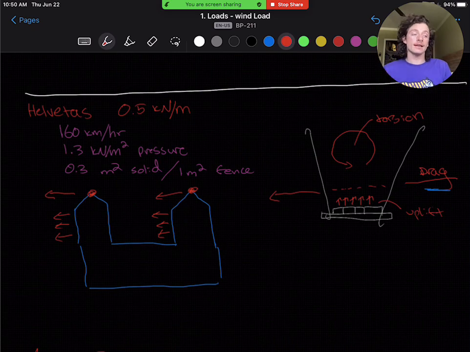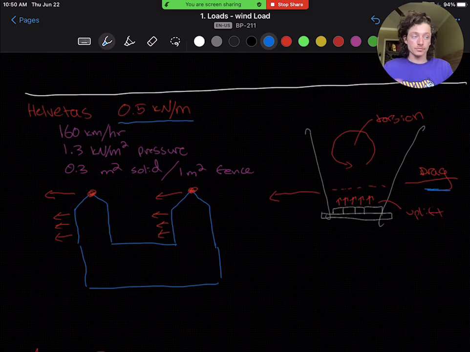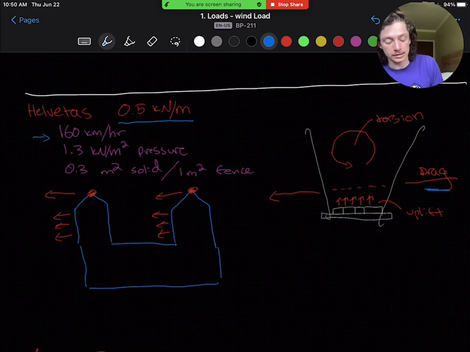Now, in order to analyze these forces, we need to actually establish what our wind loading is. So first, I want to point you to the Helvetas manual, which gives a 0.5 kilonewton per meter wind drag loading value. Now, this is based on 160 kilometer per hour winds,